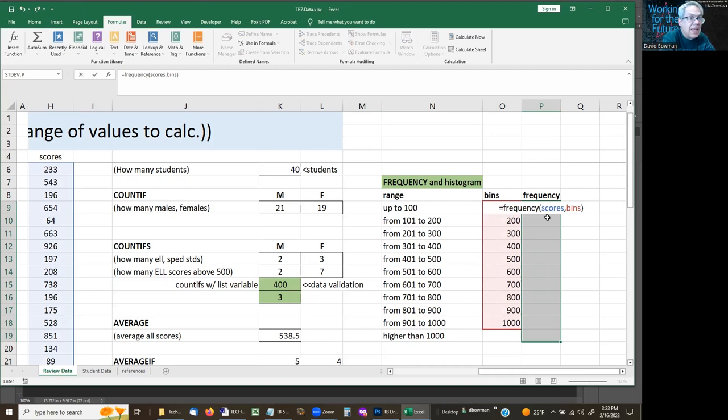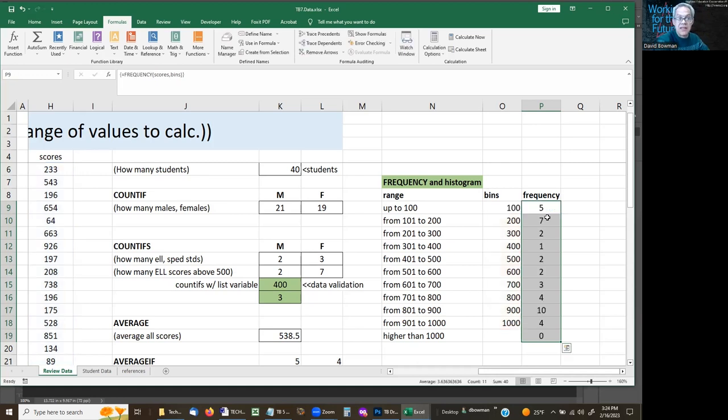Instead of hitting enter on my keyboard, I'm going to hold down Control and Shift together. So I'm holding down Control Shift. And now I hit enter. And you see that it does the entire set at once. If we actually look at the formula,